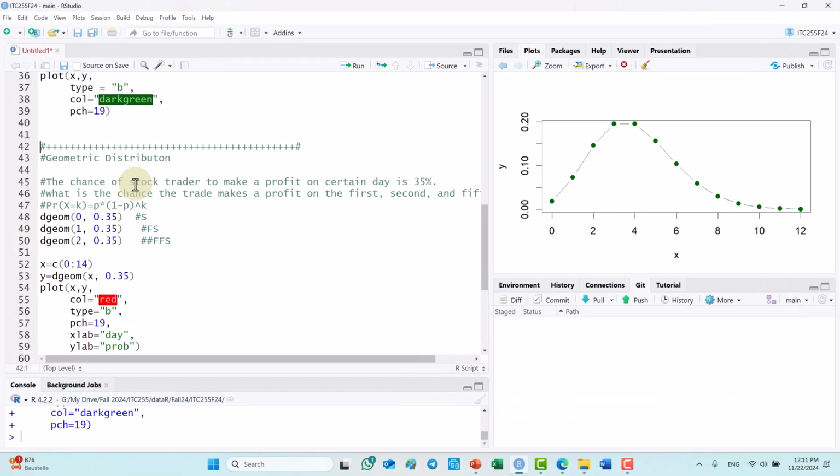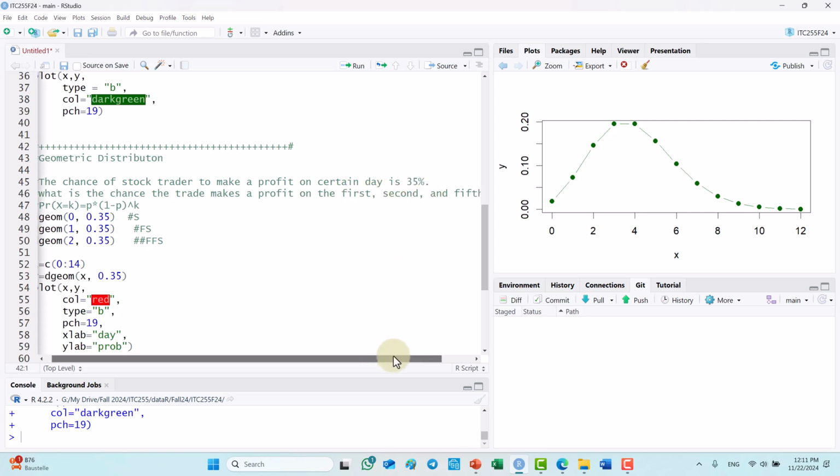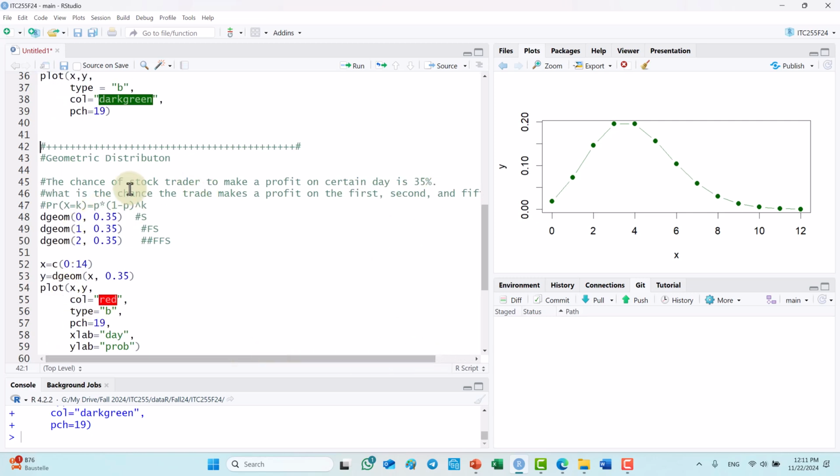The chance of a stock trader to make a profit on certain days is 35%. What is the chance that the trader makes a profit on the first, second, or fifth day? So this is a geometric distribution. We apply our dgeom on 0 on the first day. So here, remember, this is a success on the first day. So 0 means there is no failure. So that's 35%. 1 means there is one failure and then success. That means there is a success only on the second day. So the probability of that would be